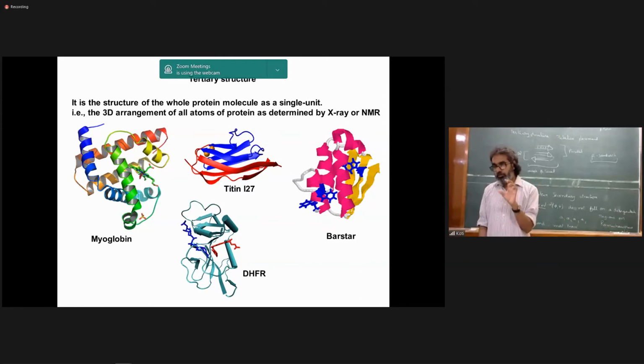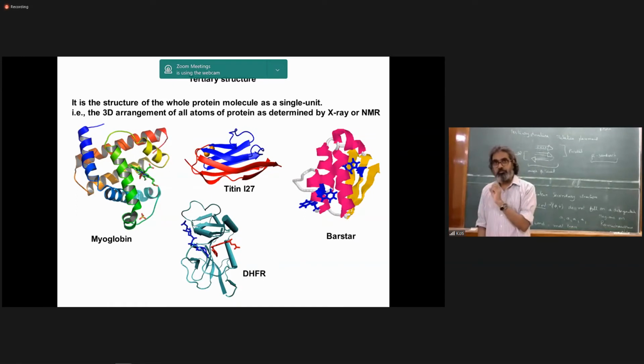But of course, for individual secondary structural elements, you can identify the elements which are stabilizing, like hydrogen bonding or hydrophobic interactions, which you can put onto a Ramachandran plot. So if you take any of these proteins, let's say myoglobin has 150 residues, you have 150 sets of phi and psi. If you put all these phi psi into a Ramachandran plot, more or less except the loops, all are forming alpha helices. So all these sets fall onto the alpha helix region of the Ramachandran plot.